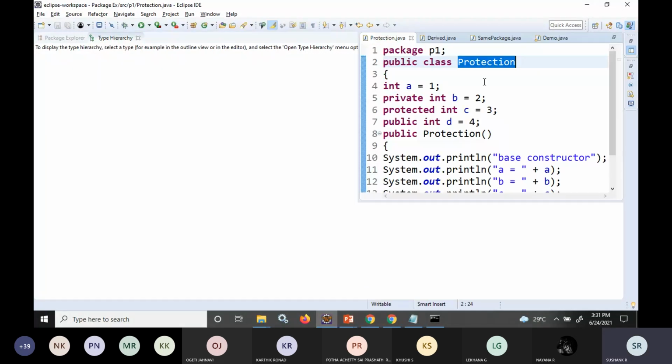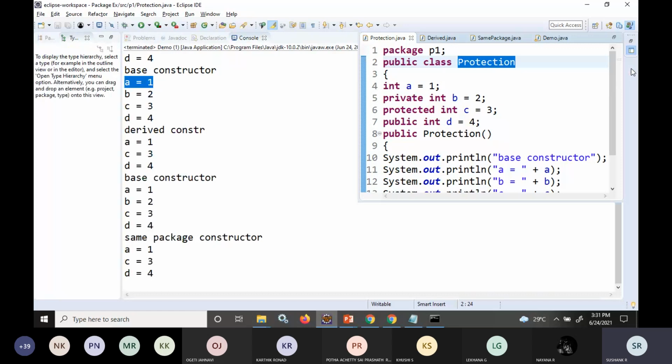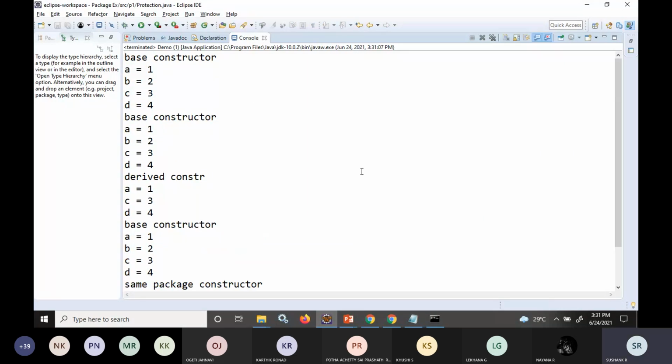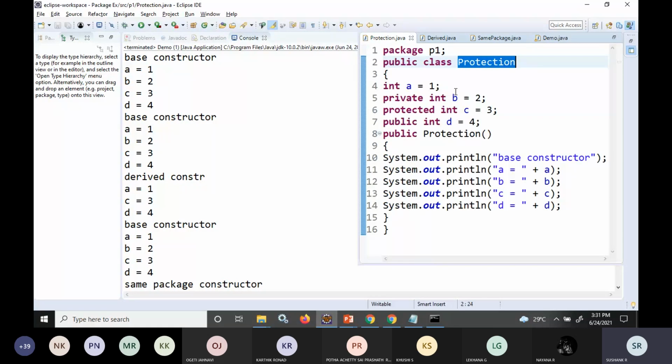Some hierarchy thing, so I'll rectify this later. Where is the output console? Okay. So now a means default, b is equal to 2 means private, c means protected, and d means public.